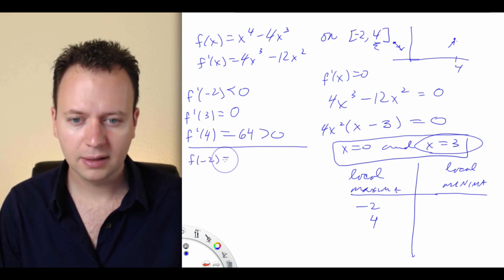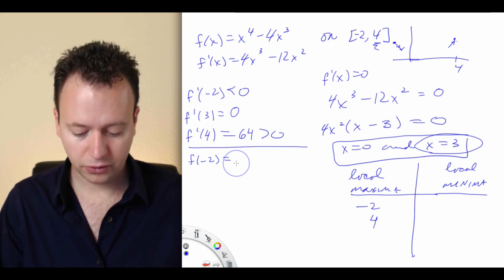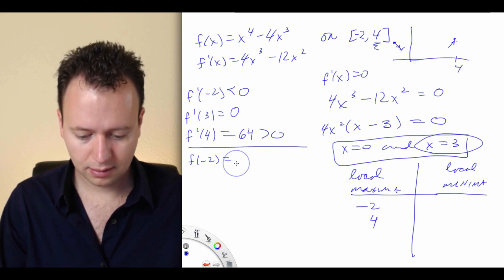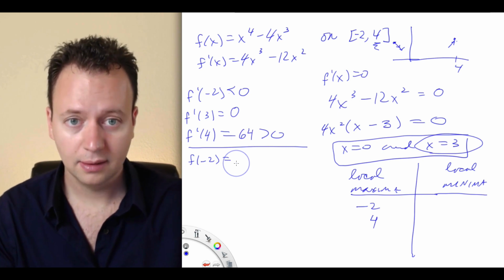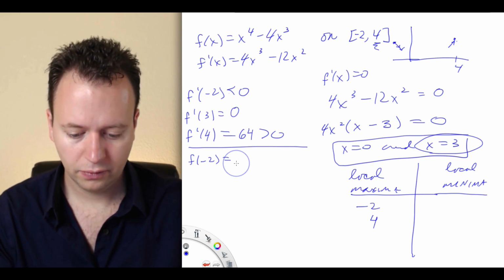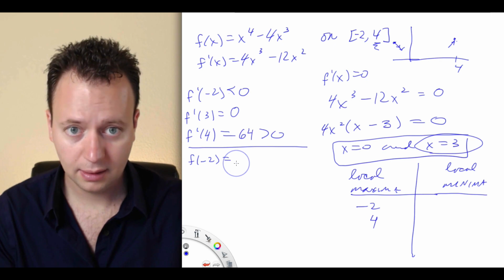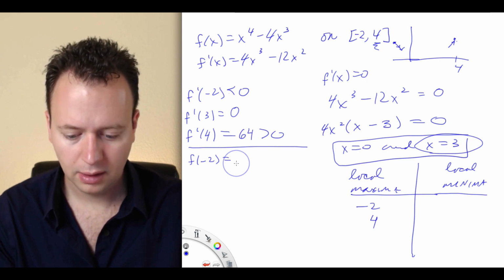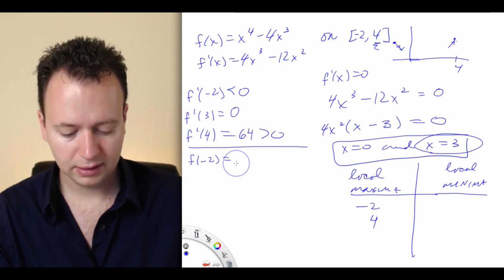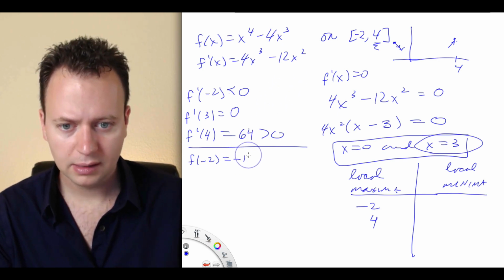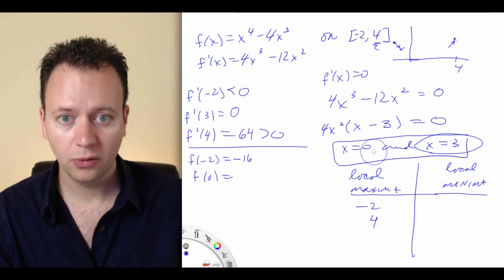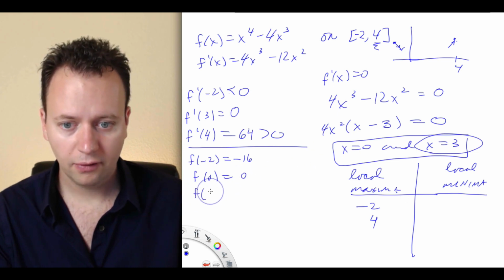f of minus 2. So f of minus 2 is going to be 16 plus... 2 cubed is 8 times 4 is 32 with a minus sign, plus 16, negative 16. So f of negative 2 is negative 16. f of 0, that's our first critical point, is 0. f of 3